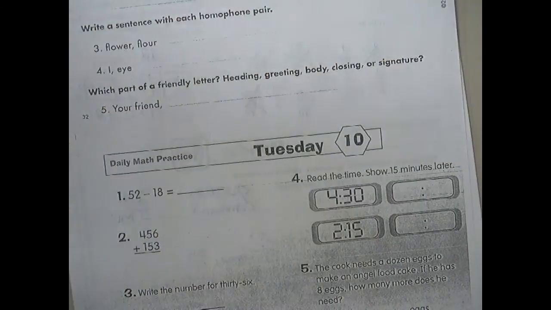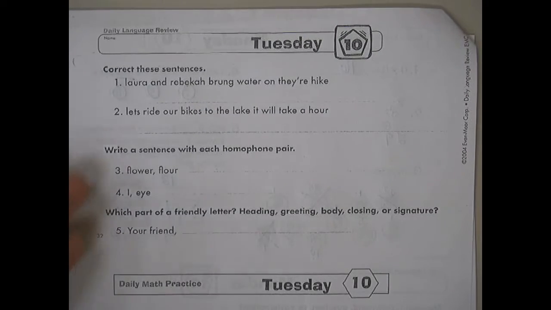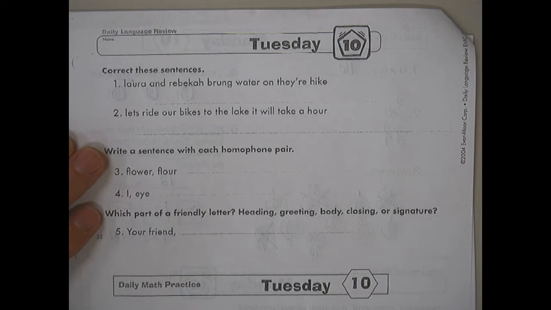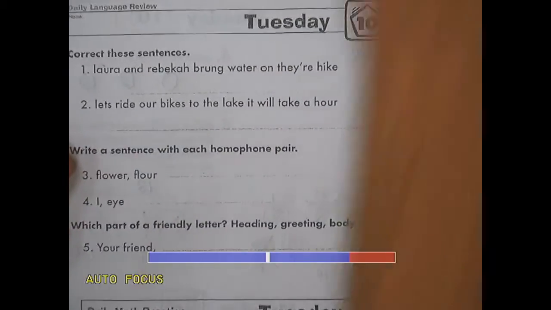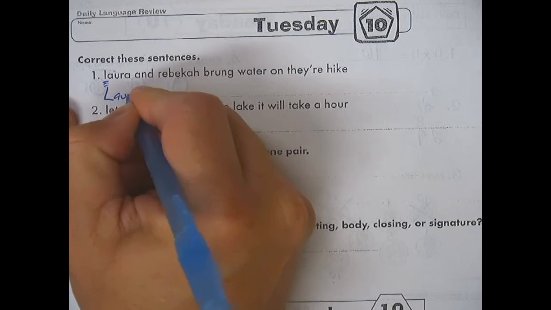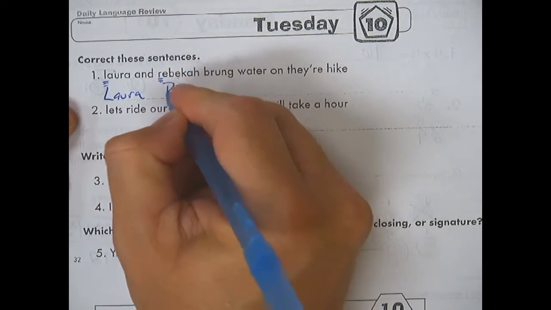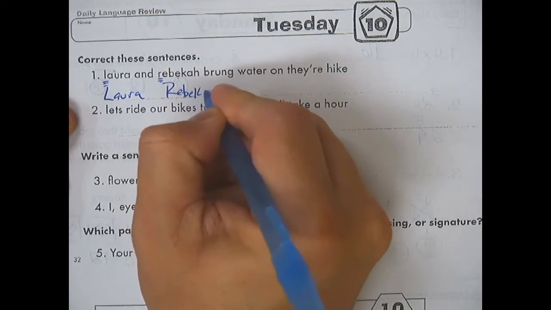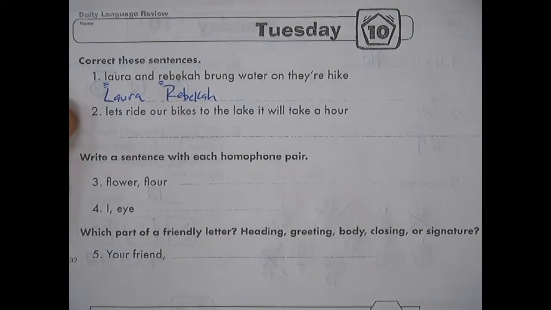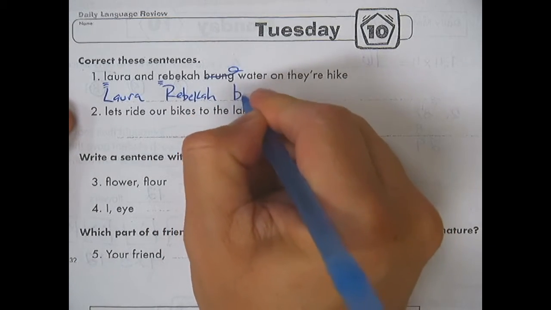Okay, let's see what we got here for our daily review. Laura and Rebecca brung water on their hike. Correct these sentences. Man, there's a lot to correct here. We have a capitalized Laura and capitalized Rebecca. Brung water? No. That is brought